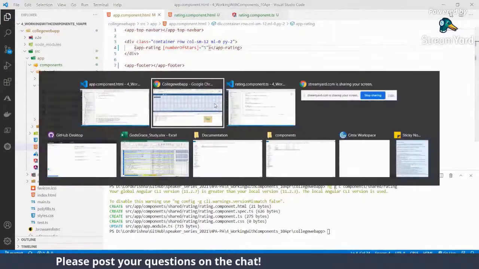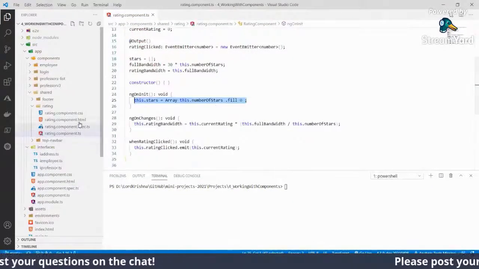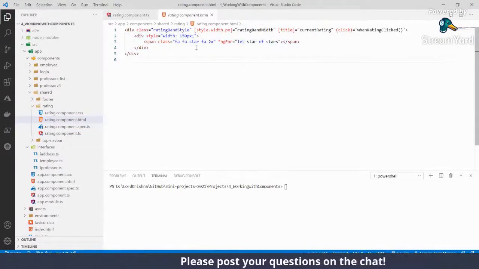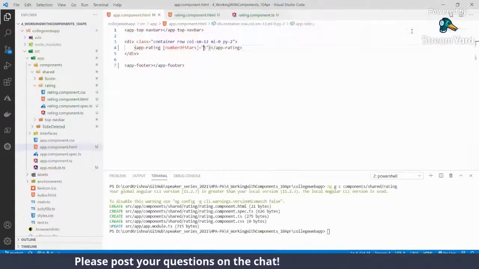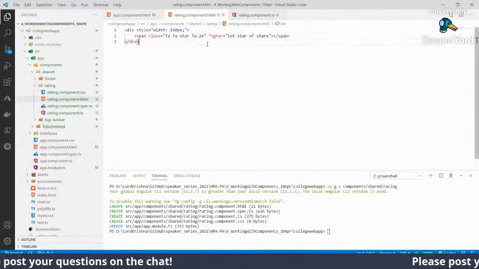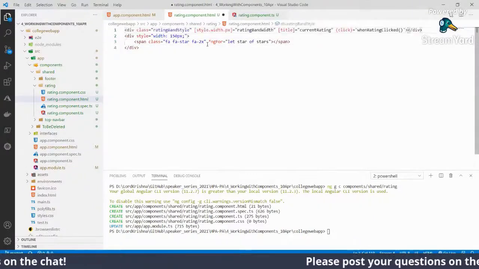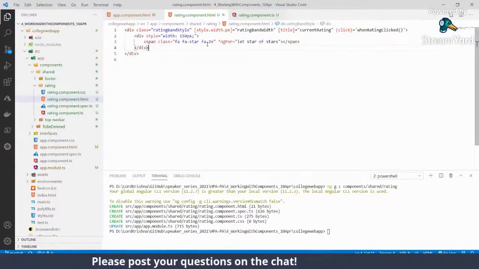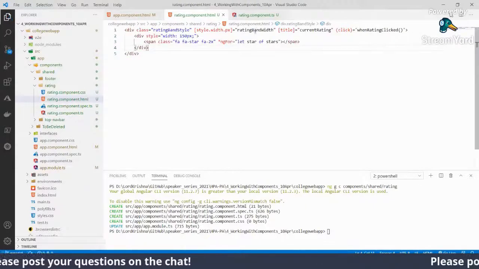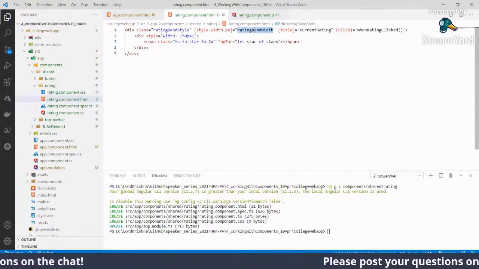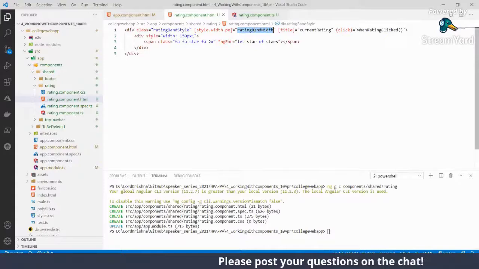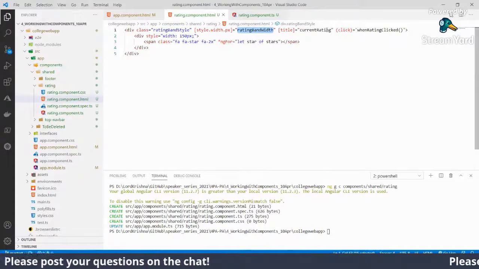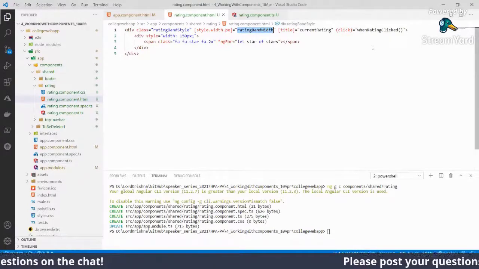Now the second thing we have to do is, based on the rating that is coming in, we have to switch the gears. That means how much you want to show and how much you want to hide. Out of those five stars, not all people will get 5 stars. Some of the ratings will be 4, 4.5, or 3, whatever it is. So we have to create a couple of properties here: rating bandwidth, current rating, and when rating clicked. We'll see one by one.